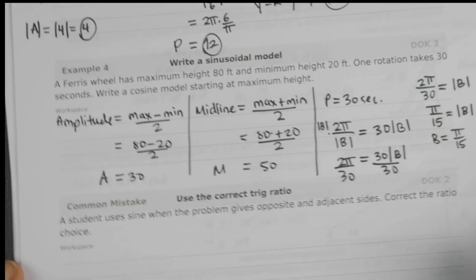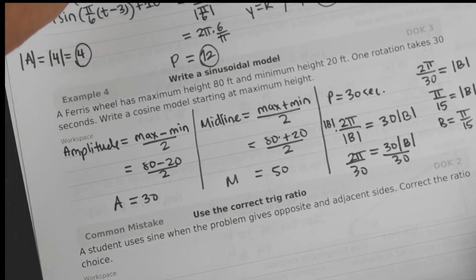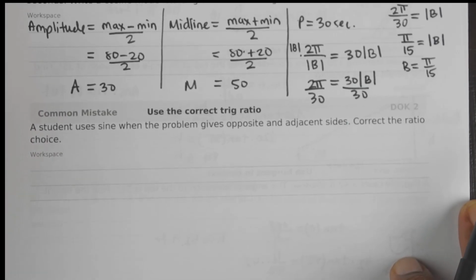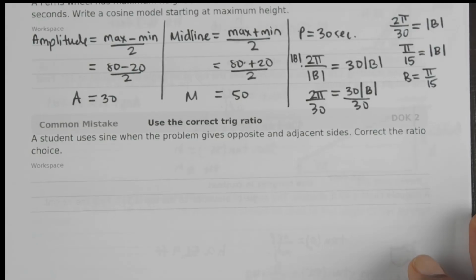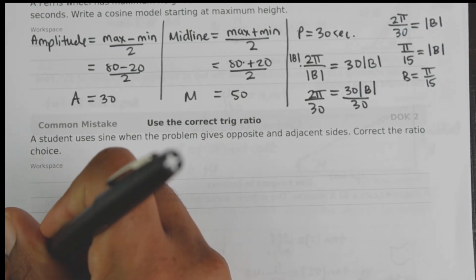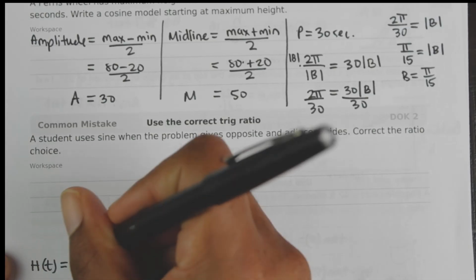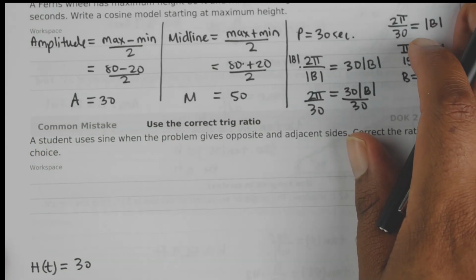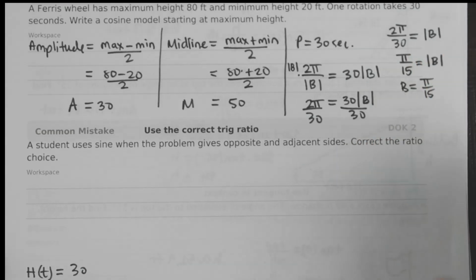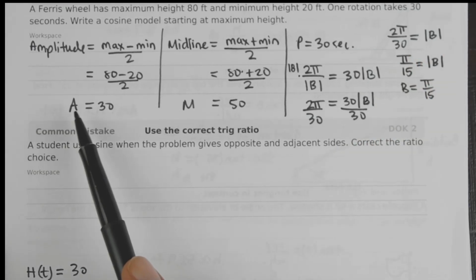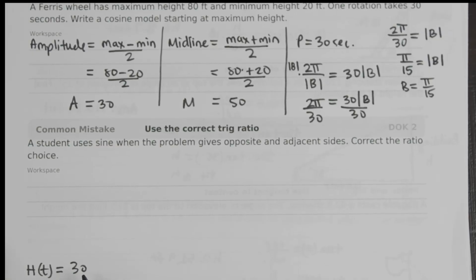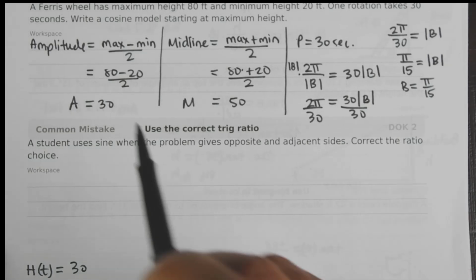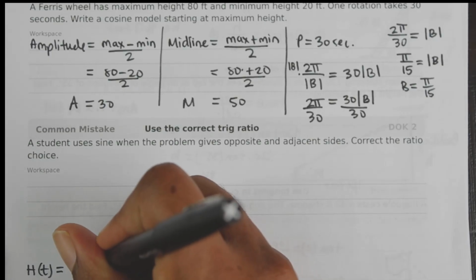Okay, so as a matter of fact, I'm going to go down here to the comment section and just use up some of this space down here. Let me see if I can get both of them on the screen. Okay, so essentially what we have here is height, and we have 30, right? The Ferris wheel has a max height of 30. So again, the amplitude would be 30, right? Then we would have a cosine function, right? It says write a cosine model. This would be cosine,